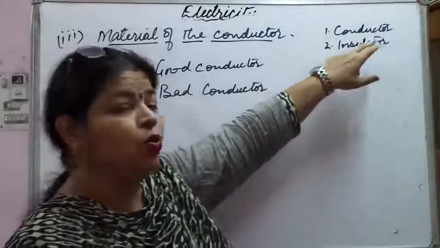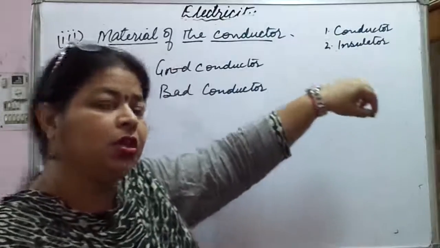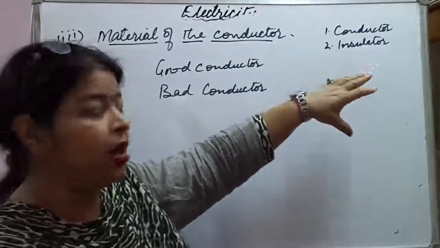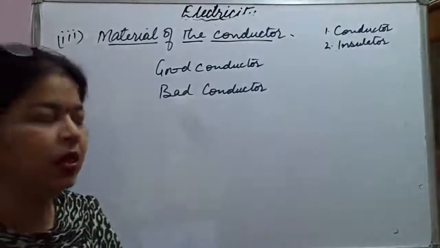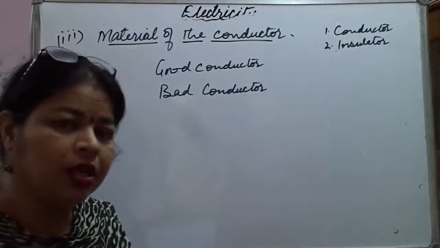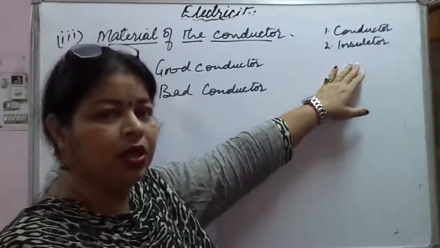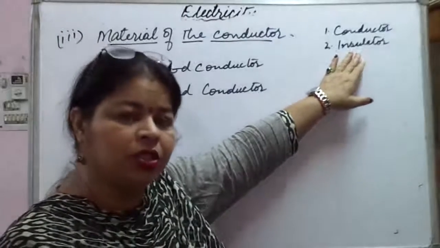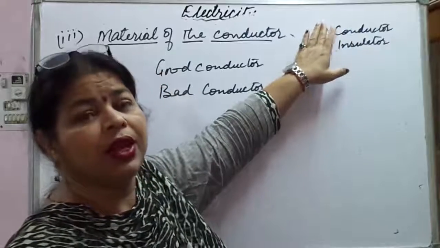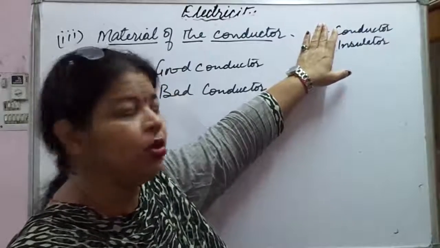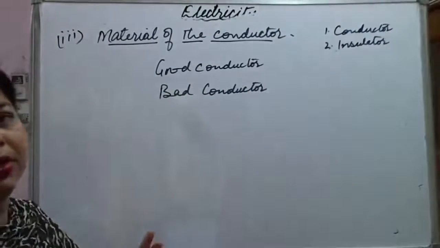Conductors, which allow electricity to pass through them, provide electrons that can move through them. But an insulator does not allow the movement of electricity, current, or electrons. Electrons are not moving through it at all, meaning it poses so much resistance that electrons cannot move. But in a conductor, electrons have the ability to move easily. So on this basis we have good conductors and bad conductors.